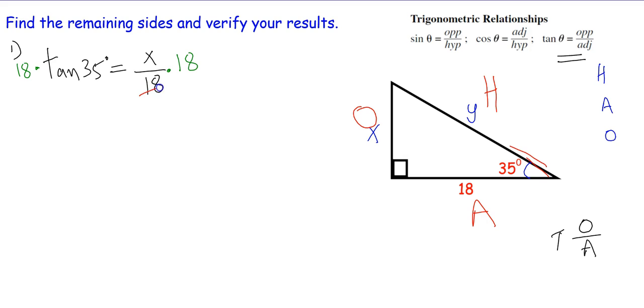So 18 is cancelled on the right hand side. You are left with x equal to 18 times tan 35 degrees. I'm shifting the sides, I can do that, right? Use your calculator,